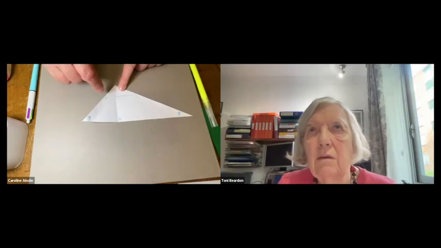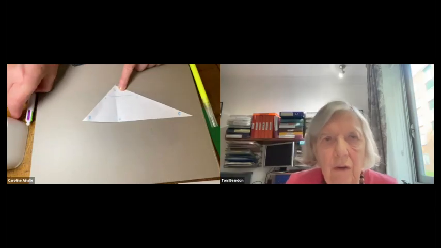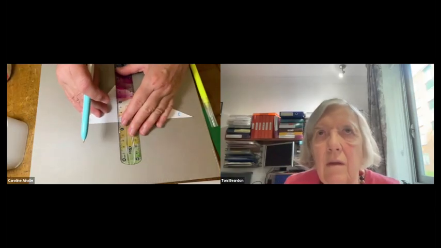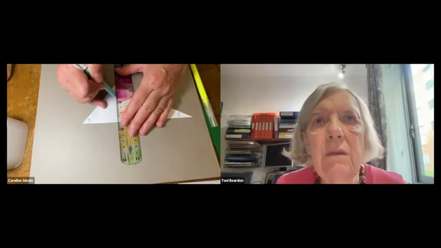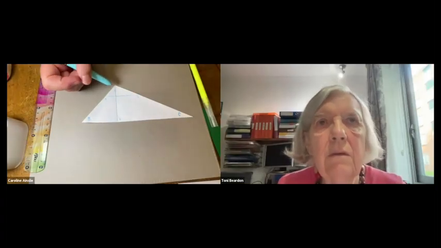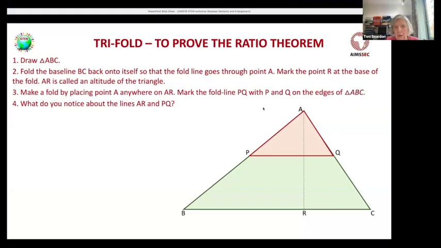So AR and PQ. Oh, I'm going to draw the line AR as well as having it marked. That was your fold line. The fold line, yeah. So I know what I notice about the relationship between AR and PQ. So what Caroline has constructed there is AR and PQ are at right angles to each other. And PQ,